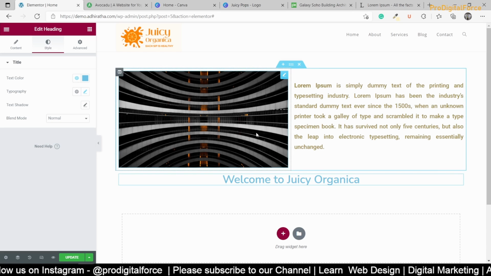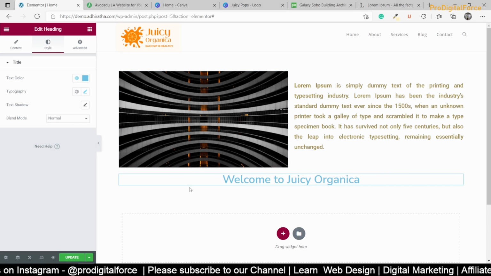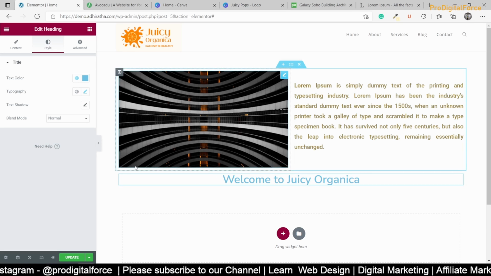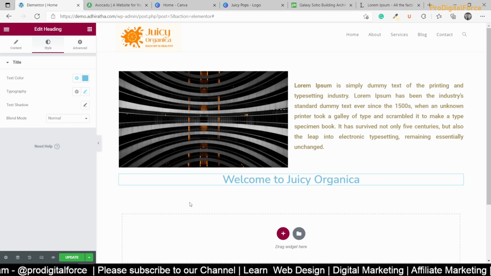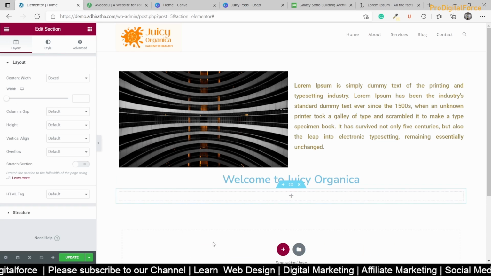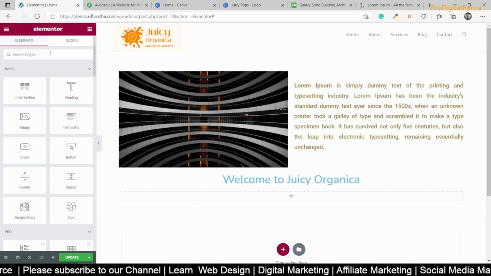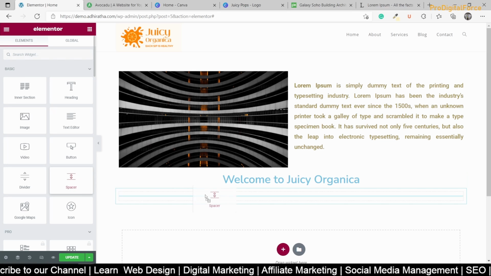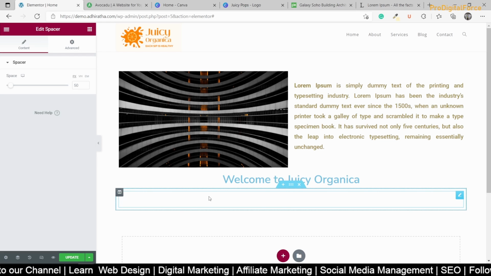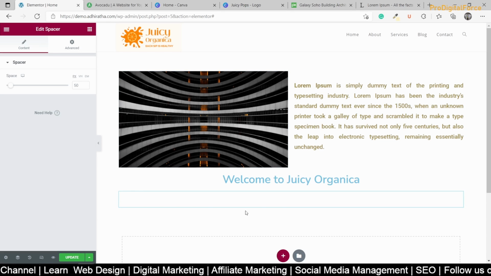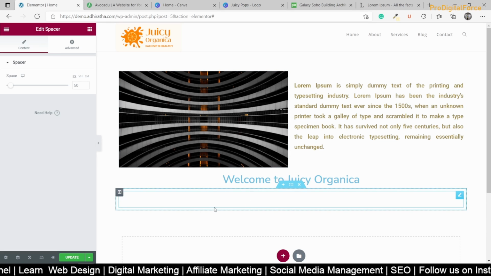Now if you see the top section and here, okay, fine. But if I'm adding many elements like this, it looks congested. So what I can do is, again I'll add one row here. This time I'll go to elements and see here you have an option called spacer. Spacer is nothing but it will just keep one empty space there, that's it. So that it doesn't look congested.